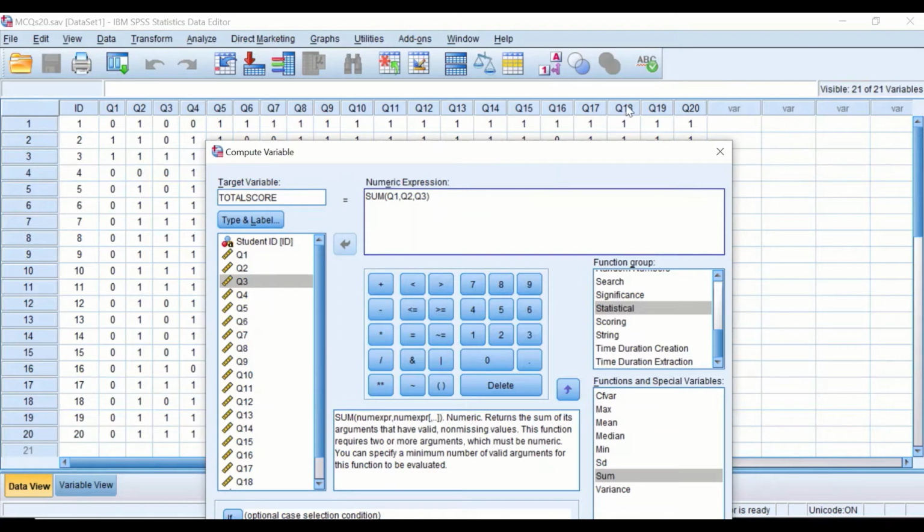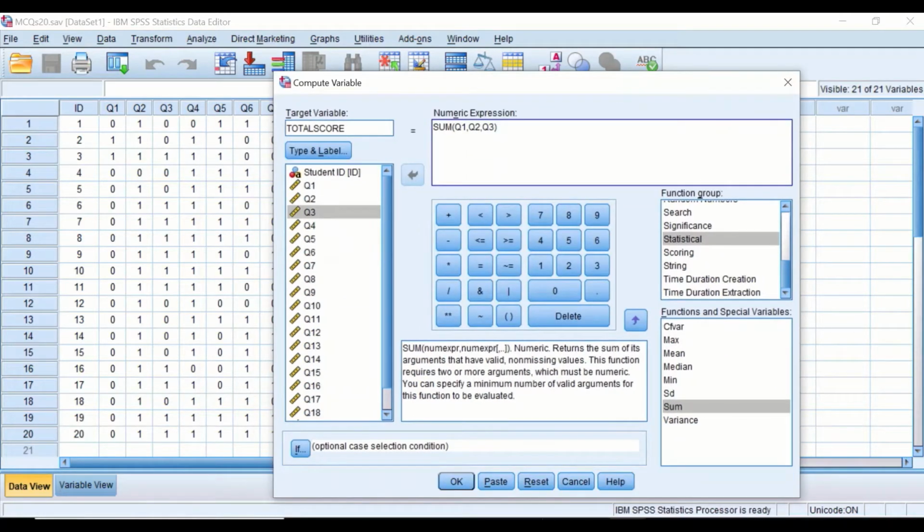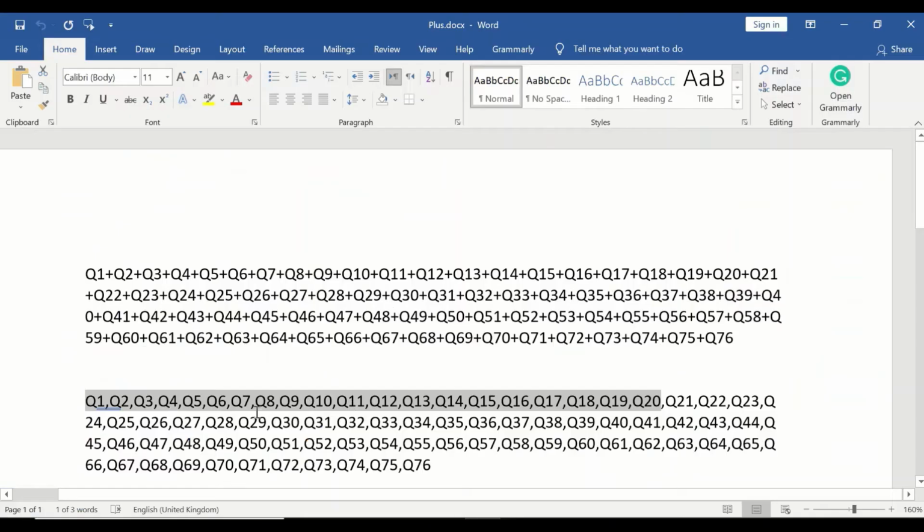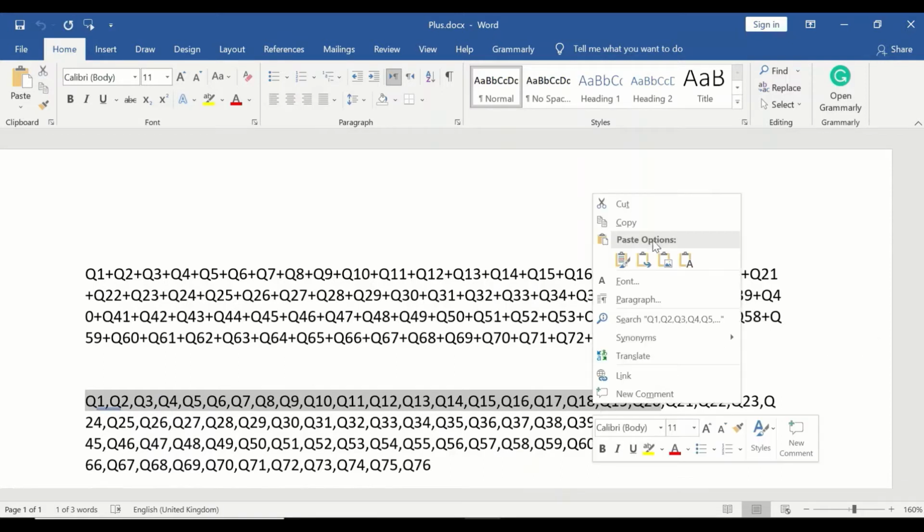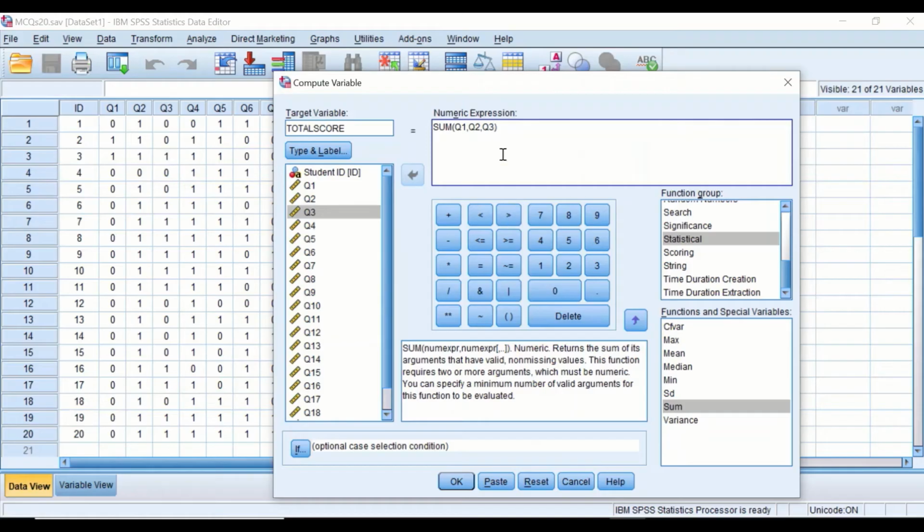And since we have here 20 exam questions, I had already generated these question labels in a Word document. I'm just going to select them and copy them, and then place them between the brackets. So if I delete that, add the bracket again, and Control V or paste. So all the 20 variables have been placed between the brackets, separated by a comma,